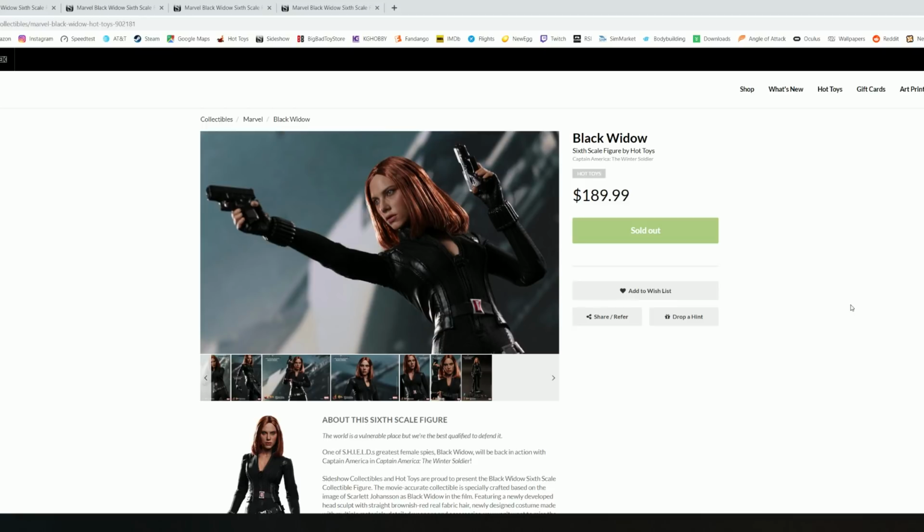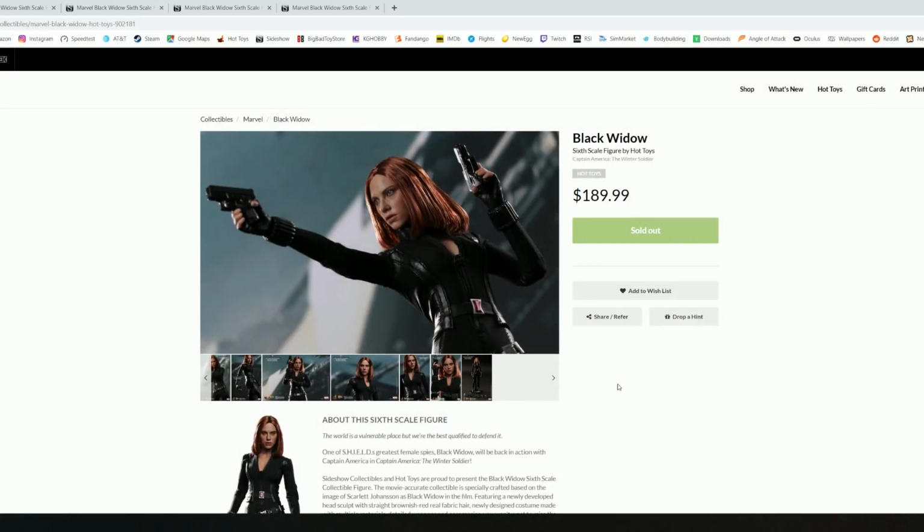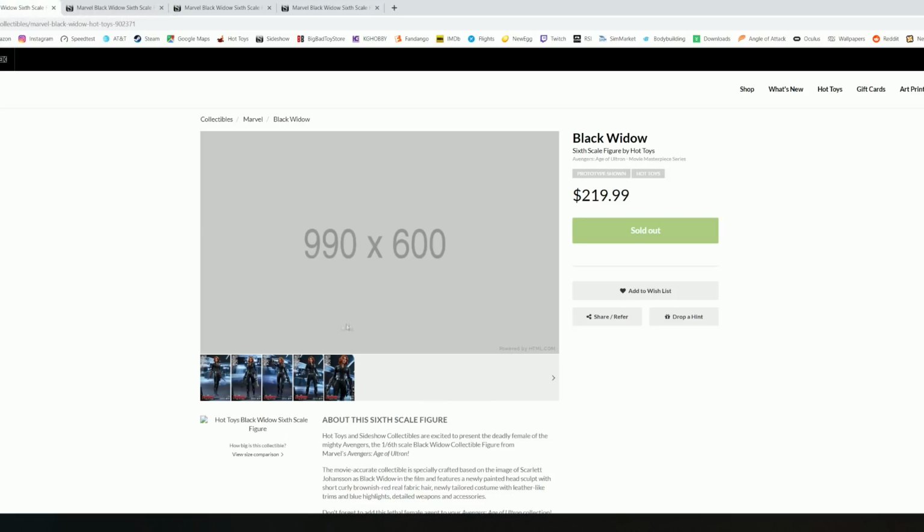Really, really good. As you can see here, it came with all of this rooted hair. Even then, they were doing very well with Scarlett Johansson's face, but the one we have now is much, much better. So now we come to the Age of Ultron, 220,